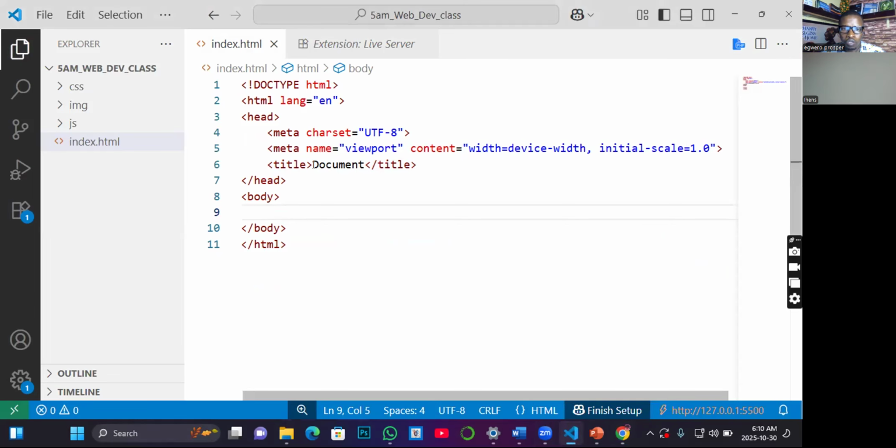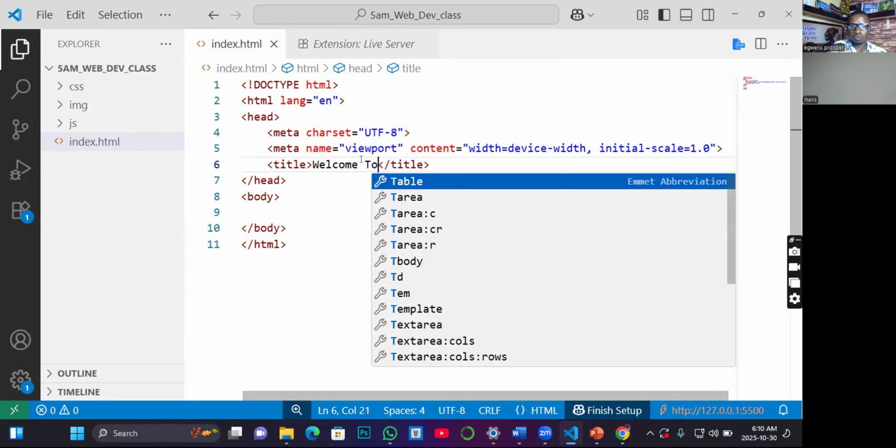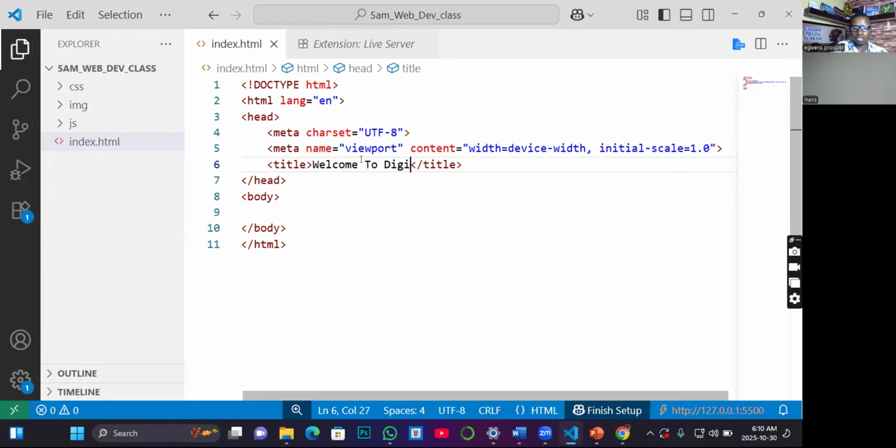You are having this document here because if you check your title, what do you have here? Document. Document, yes. This is not descriptive enough. This does not have any way of informing someone that someone is in a valid domain. So you delete it and type what? Let's say welcome. I want them to see this as soon as they step into my website. Welcome to Digitech